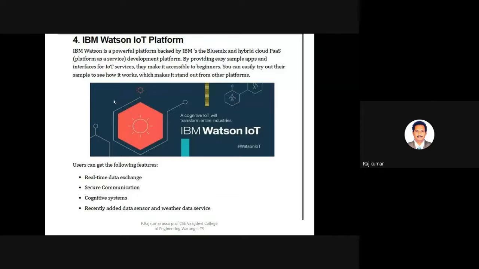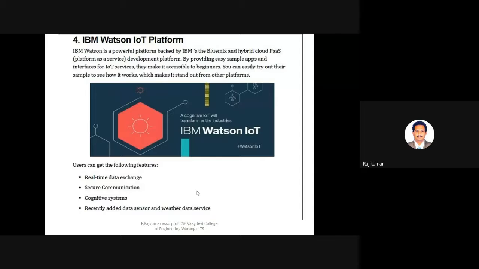And here, these are the features provided by IBM Watson. Real-time data exchange, and of course, every service provider will provide secure communication. And cognitive systems, you can directly implement artificial intelligence on this data. We call them cognitive systems, which will learn gradually.